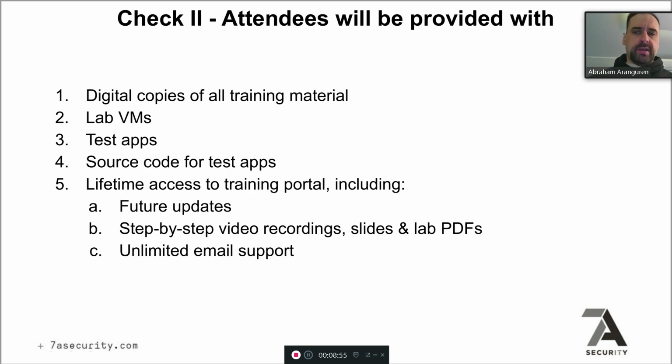For the course, the first 4 points are kind of normal, right? So digital copies of all training material, lab VMs, test apps, and source code for the test application. So this is kind of normal. And then something that we do that is a little less usual is that we give you lifetime access to the training portal, including all future updates for free, right? So a lot of companies will charge you whenever the course is updated, and if you want the update, you have to pay again. So we give you all updates for free,